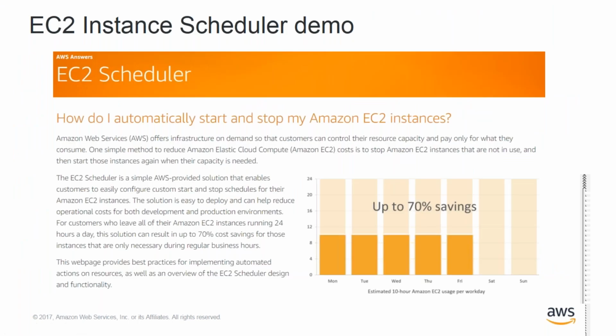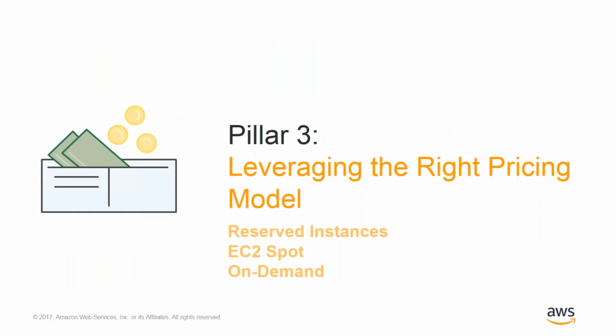So that can save customers up to 70%, and in some cases even more, because some customers actually define that resources switch off at night, and they don't switch on in the morning unless developers click a button and tell it to switch on. We've also got advanced customers who've actually tied in resources which switch on and off with their badge swipe into their office premises. And so when developers leave for lunch, the resources switch off. When they go on holiday, their resources switch off, and only when they come into the office do their resources switch on.